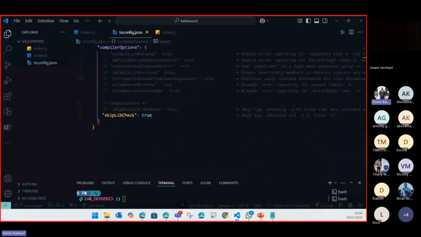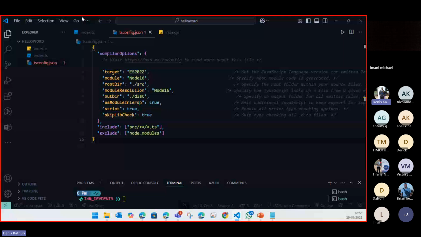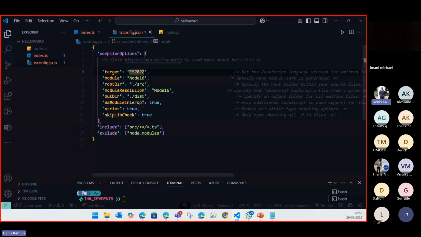uncomment this and get a simple set of compiling options. So let me delete this and have a simple one, where I have uncommented my code and left some of the most important options, the ones you'll most likely be using while using TypeScript to transpile your code. The first is the target. The target is the JavaScript language version you want to emit. So I'm using ES6